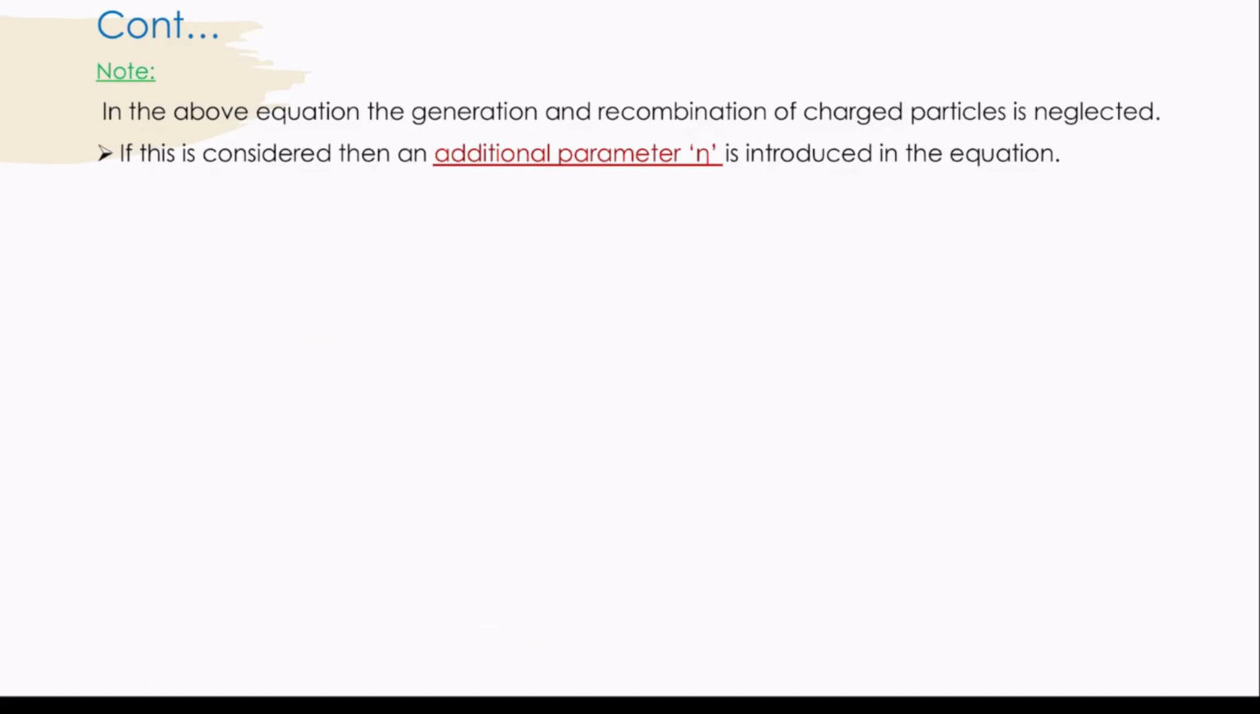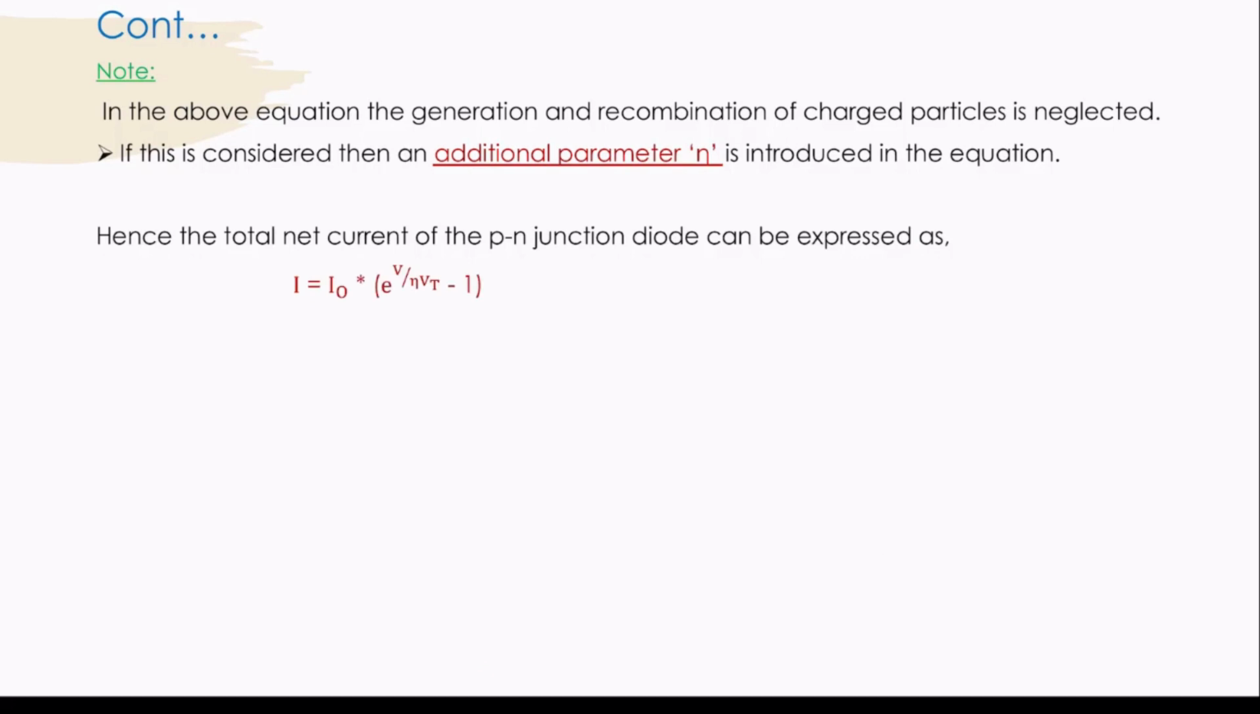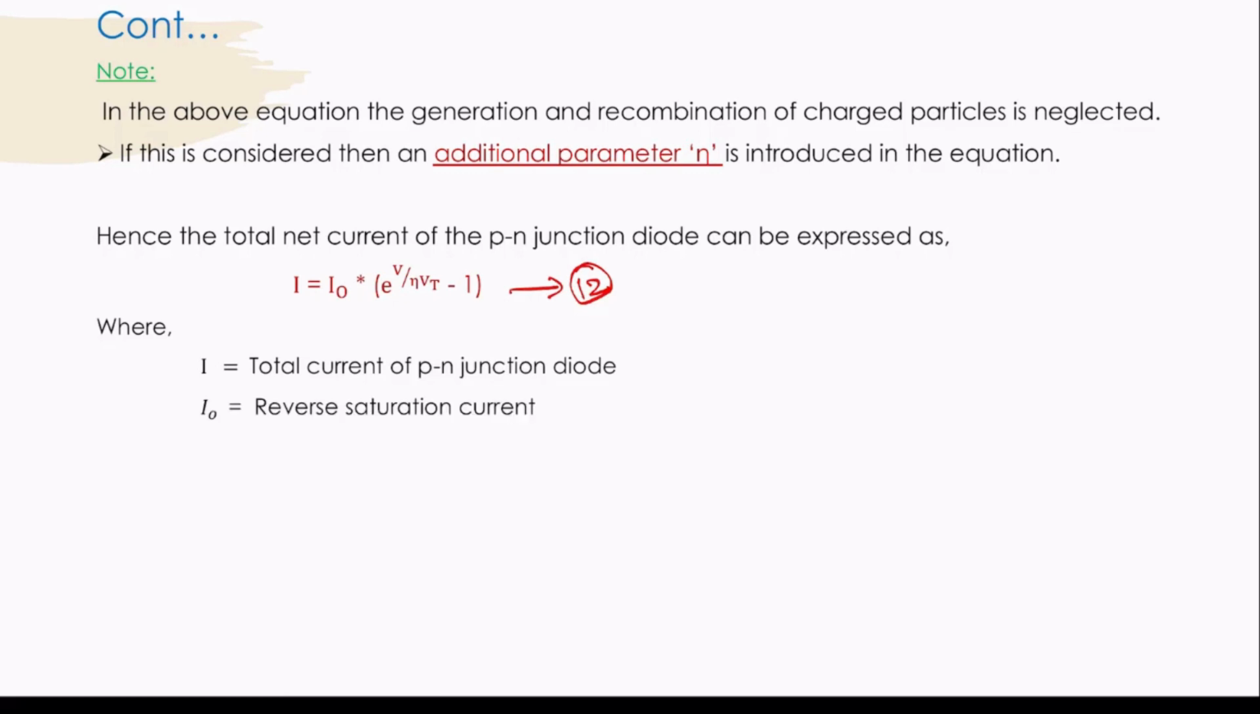Now the important note is, in the above equation, the generation and recombination of charged particles is neglected. If this is considered, then an additional parameter eta is introduced in the equation. Hence, the total net current of the PN junction diode can be expressed as I is equal to I0 into e to the power of V by eta Vt minus 1. Let it be equation 12,